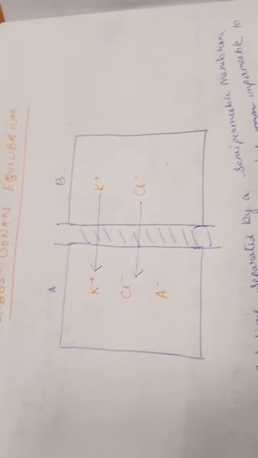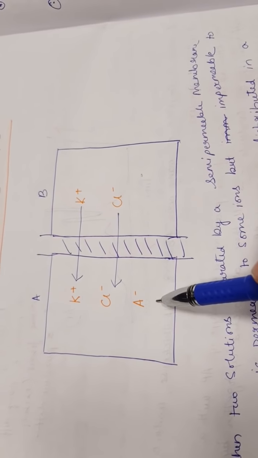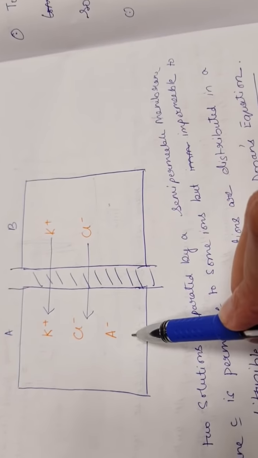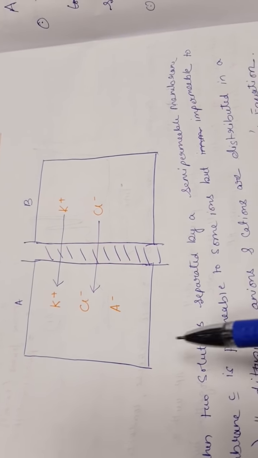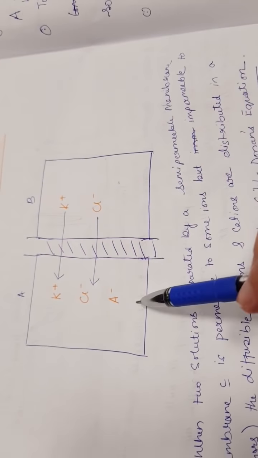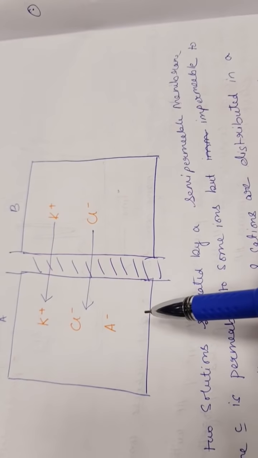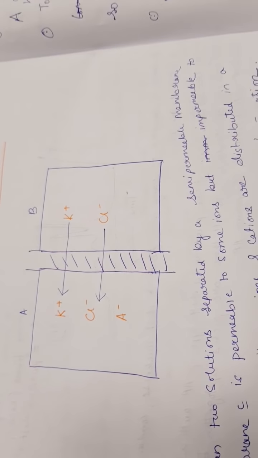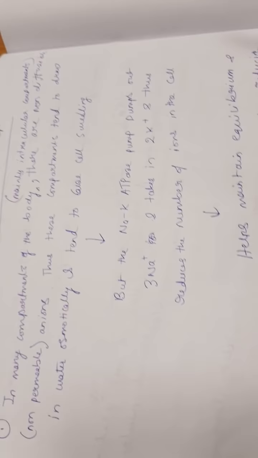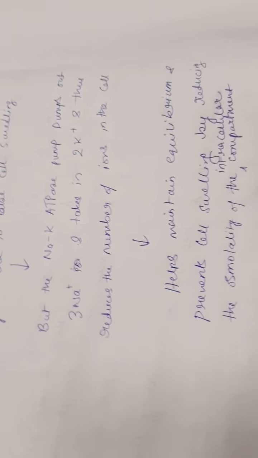Okay, let's see the diagram again. This compartment has this non-permeant ion and it is more osmotically active, and thus this will draw in more water. If this draws in more water, what will happen? This will swell. So if water flows in, the cell will swell, and ultimately that will lead to cell burst and cell death. But this is prevented by the sodium potassium ATPase pump. Okay, so why is the cell swelling? The basic thing is the compartment has more number of osmotically active particles.